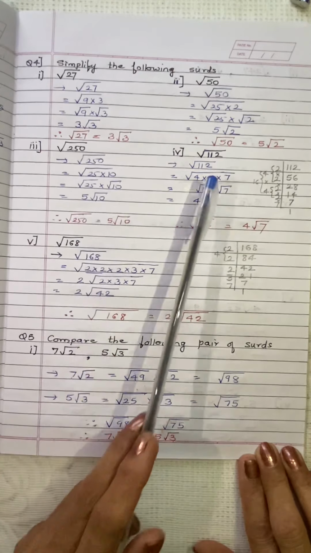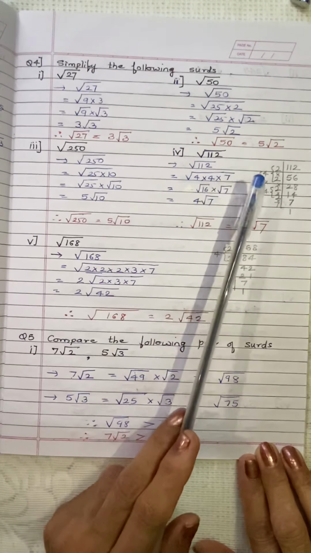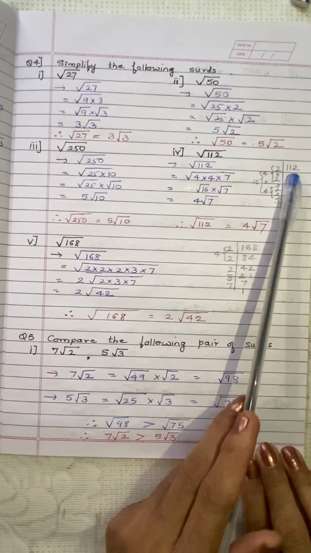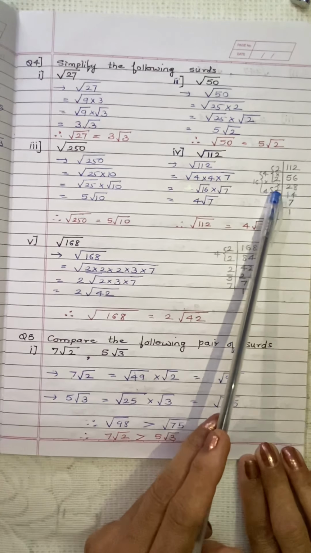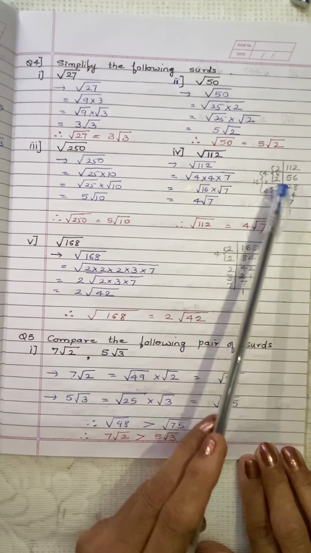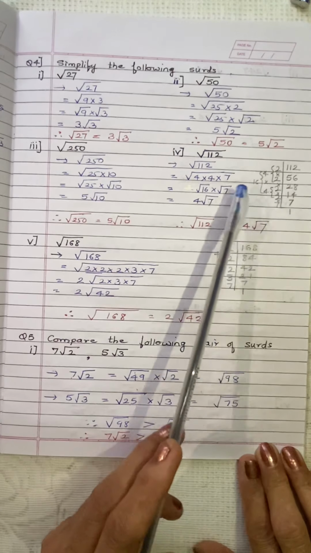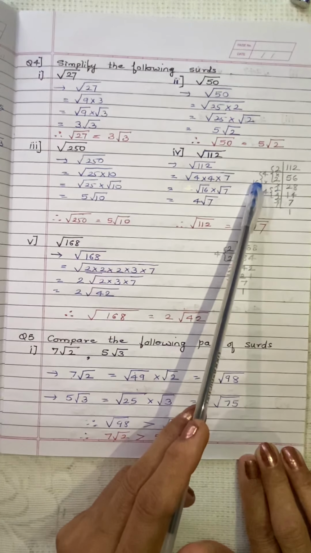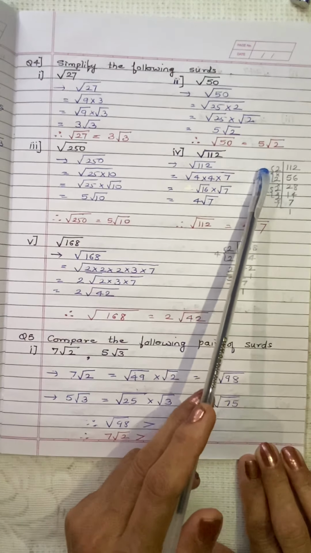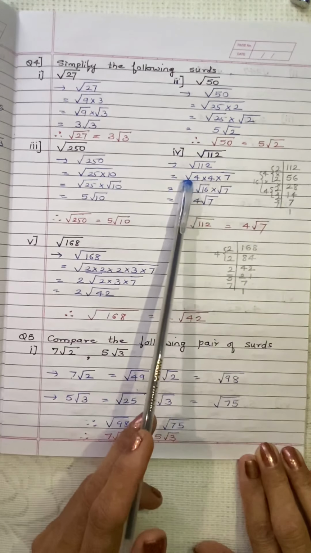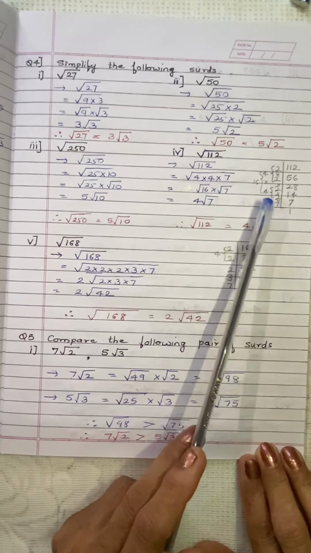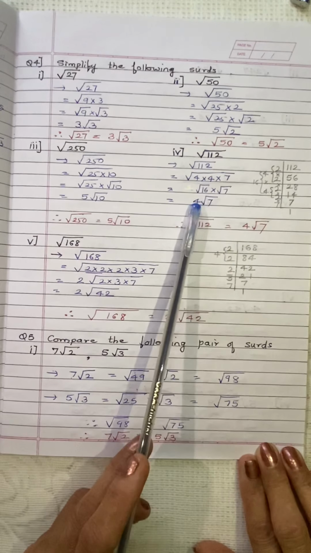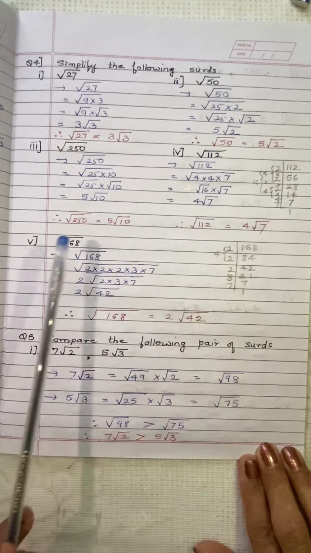is 5, root 10, and 112, I can split this as, you can find the prime factors like this, 112, then dividing it with 2, then 2, then 2, then 2, then 7, okay, and then you can pair them, that is 2 2s are 4, 2 2s are 4, so we are getting 16, 4 into 4. So we can write this as 4 into 4 into 7. So root 4 into 4 into 7 gives us 16 into 7. So root 16's value is 4, 4 root 7.